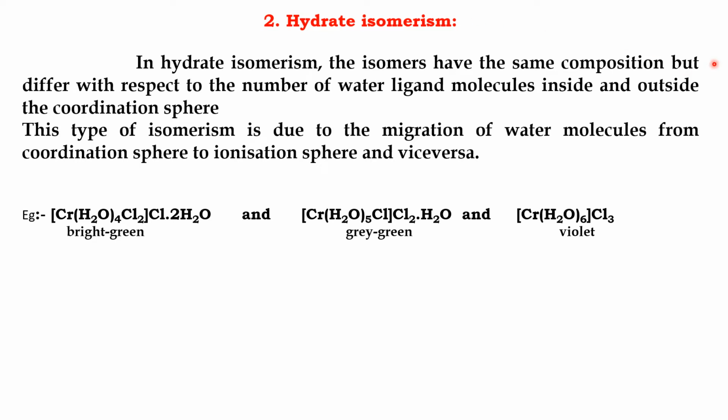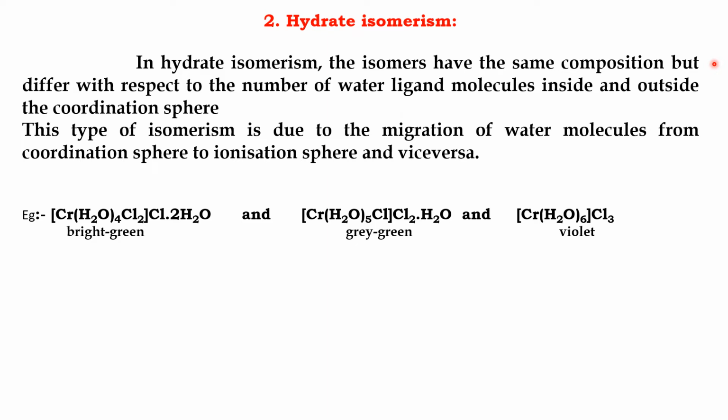Now moving to the second type of isomerism among structural isomerism exhibited by coordination compounds, which is hydrate isomerism. From the name itself we can make out that it is something connected with water. Hydrate isomerism occurs when water molecules migrate from the coordination sphere to the ionization sphere and vice versa. That means hydrate isomerism will give you the same type of ions, but migration of water molecules occurs from the coordination sphere